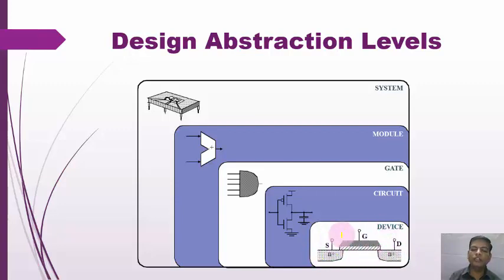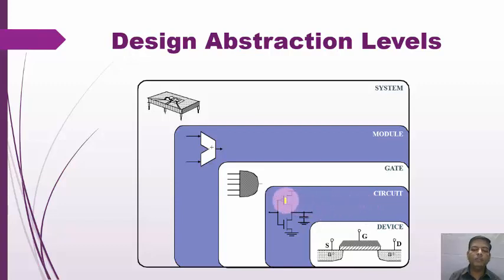So first we have to form the structure of CMOS, that is the MOS device, either NMOS or PMOS, and a combination of that we can call a CMOS. So here drain, gate, source, drain, gate and source. The MOSFET device formation is the very first level. Then after the MOS device formation, we have to form a circuit.